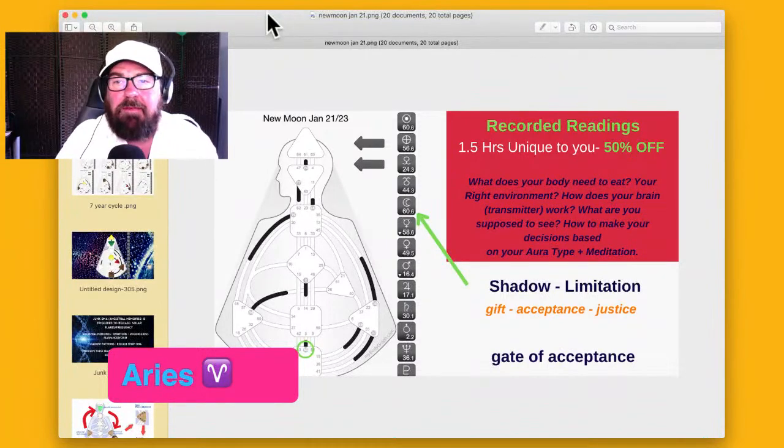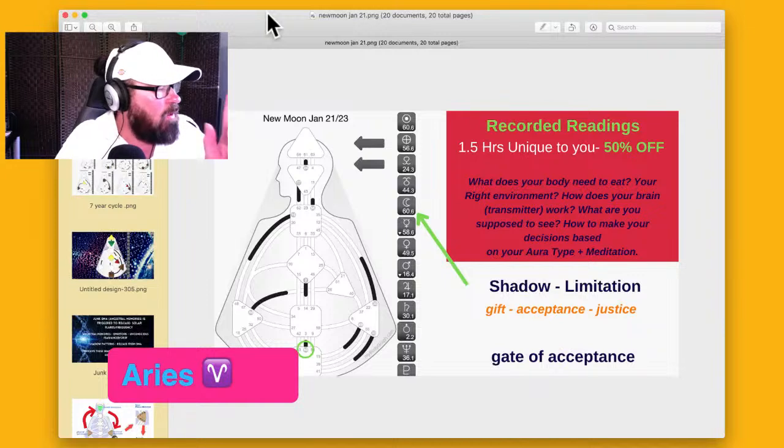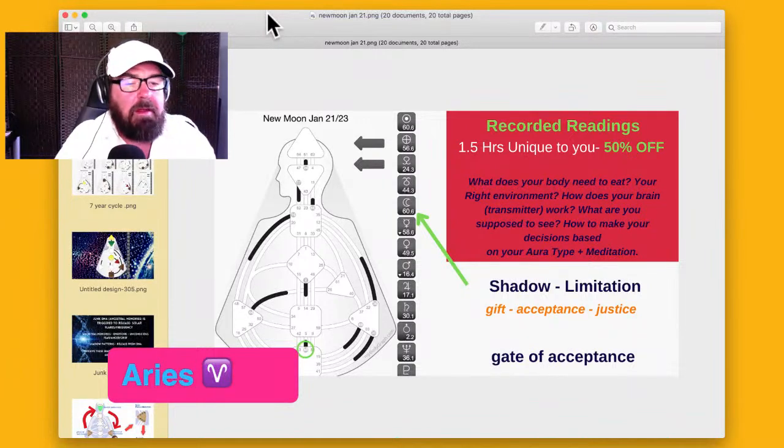So limiting beliefs. So you've got some limiting beliefs around your career, the house of career and soul purpose. That's stopping you from moving forward. So you really need to dig that out. So Pluto's going to help you with that. Dig out those beliefs that are stopping you, that are keeping you stuck.